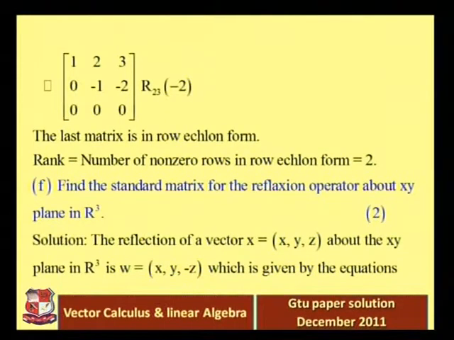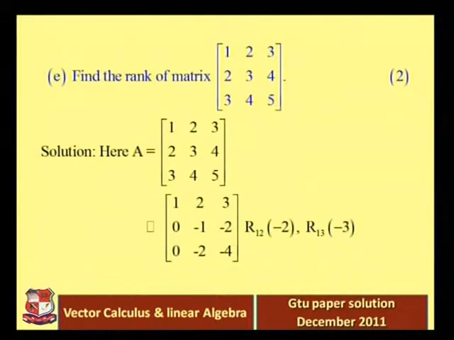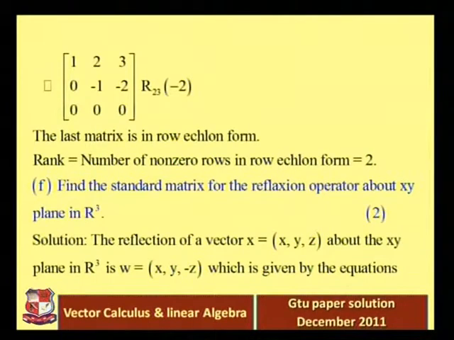So definitely the first and second rows are as they are, 1 2 3 and 0 -1 -2, and the third row becomes 0 0 0, because you can see the second row and third row are linearly dependent. 0 -1 -2, whenever we multiply the second row with -2, that is exactly the third row. So whenever we multiply the second row with -2 and add into the third row, it becomes 0. Now you can see this matrix is in row echelon form.